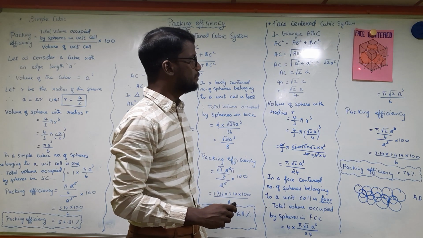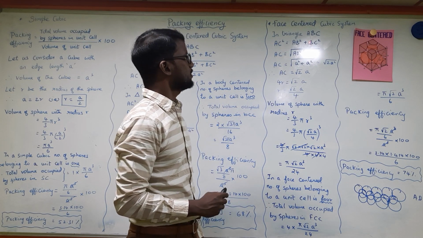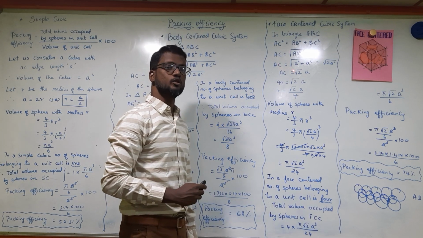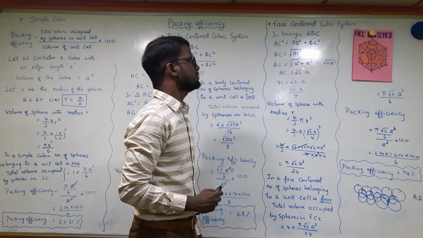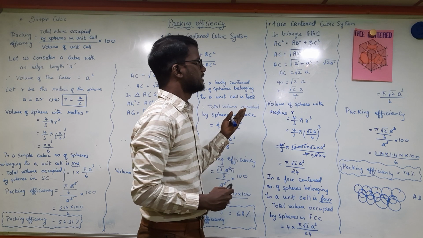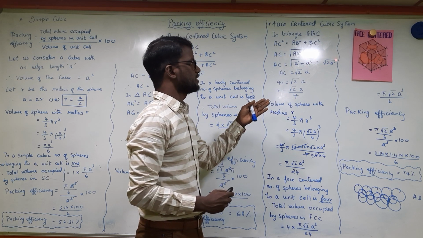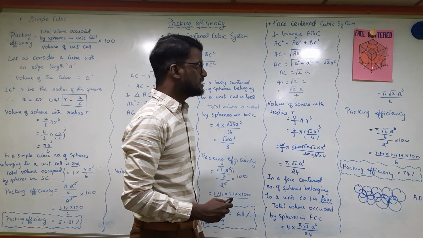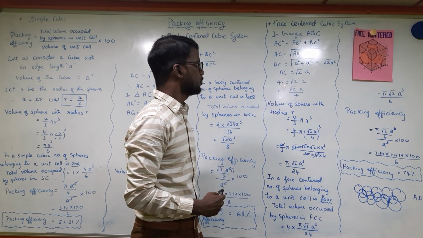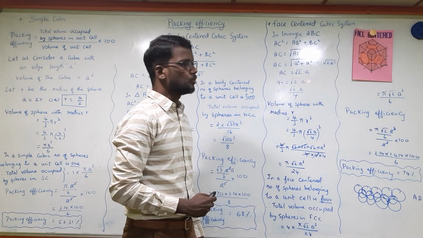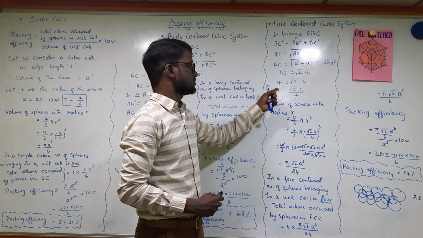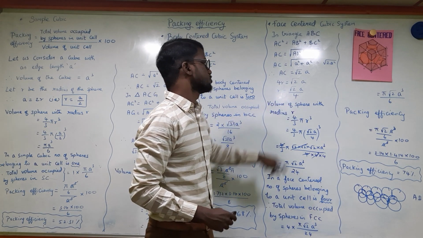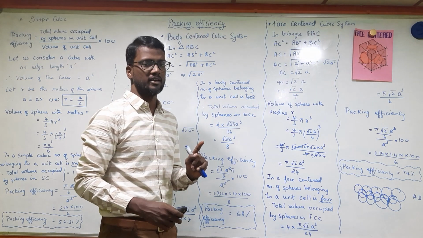You know the edge length again, a and then a. So first we'll take triangle ABC. Using Pythagoras theorem, AC square is equal to AB square plus BC square. So what is AB square? Obviously a square. So AC square is going to be 2a square, so AC is square root of 2 into a. Now AC we already know is 4r, so substitute the value of AC over here. So 4r is equal to square root of 2 into a. When you substitute this, what is the value for r? 4 goes down, r is square root of 2 into a by 4. So this is the value of r. We have finished the first step, finding the value for r.